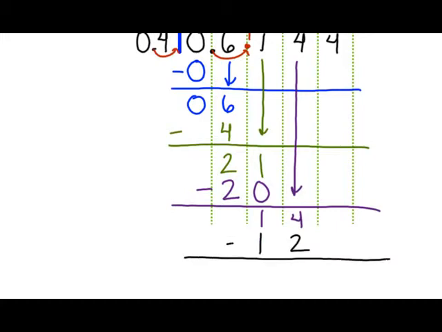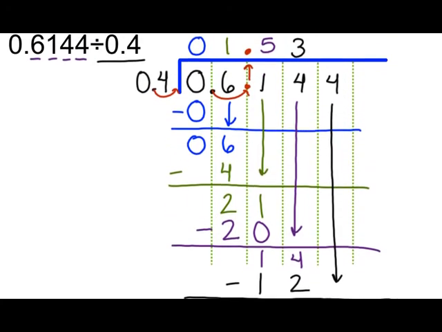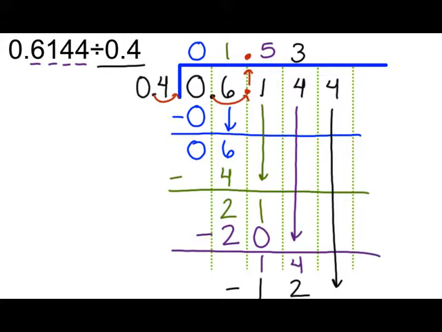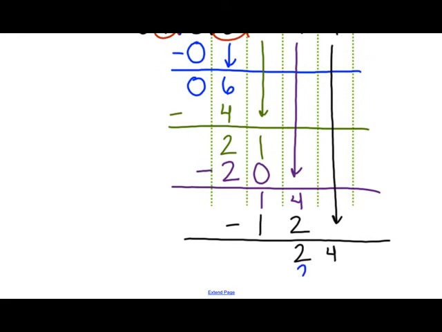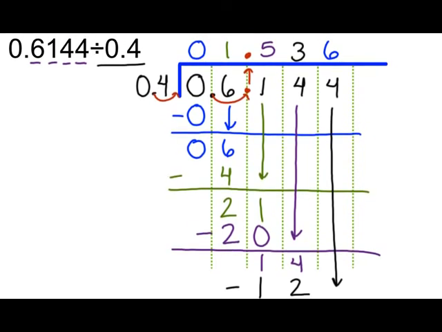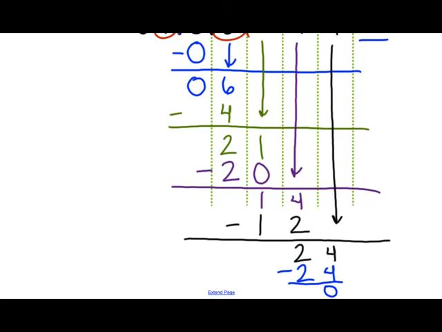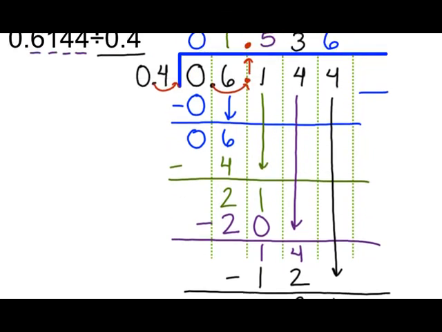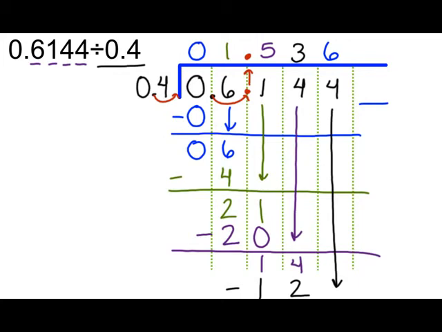I'm going to draw my line. I'm going to subtract. I have 2 left over. I bring down my next digit, which is 4. And once again, I have to ask the question, how many times does 4 go into 24? Well, that answer is 6. 6 times 4 is 24. So I subtract. 24 minus 24 is 0. I go up to my problem and see if there are any more digits to bring down, which there are not. If my remainder is not 0, then I need to continue on and add other zeros. But if my remainder is 0, my problem is done. So the answer is